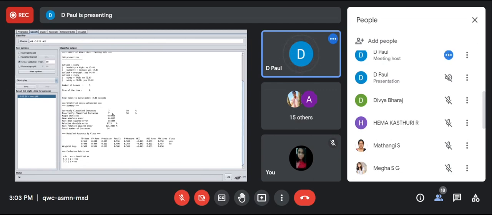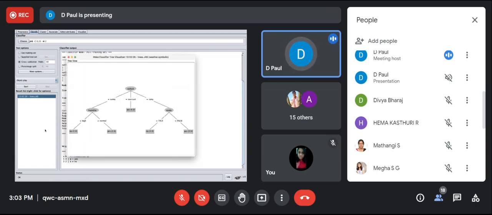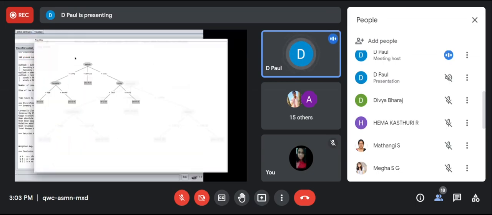Here are the correctly classified instances and incorrectly classified instances. This is the confusion matrix. Then we'll visualize the tree. Just right click on it, visualize the tree. Then this is the